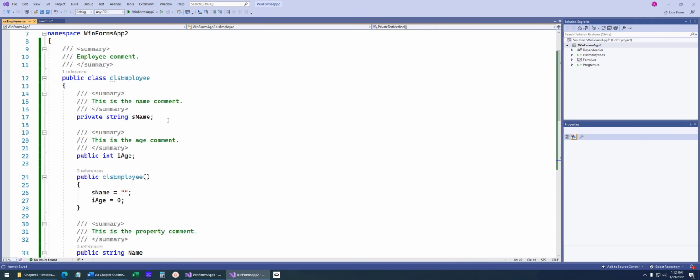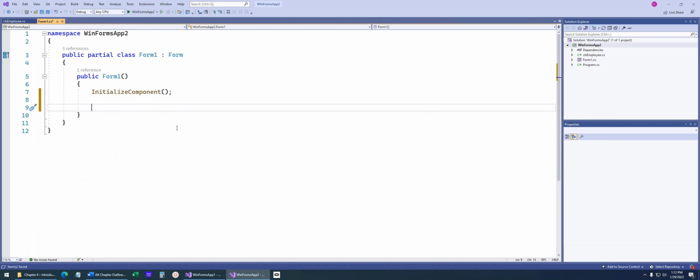This is the blueprint that we're going to now create the house from. So let's create some employee objects. So CLS employee, just like you do any other variable like string or int, but now I'm going to create my object reference. So I'm going to say myEmployee1. Now what I've done here, this is actually just an object reference. This right here is just a place in memory that's going to then point to where our actual object